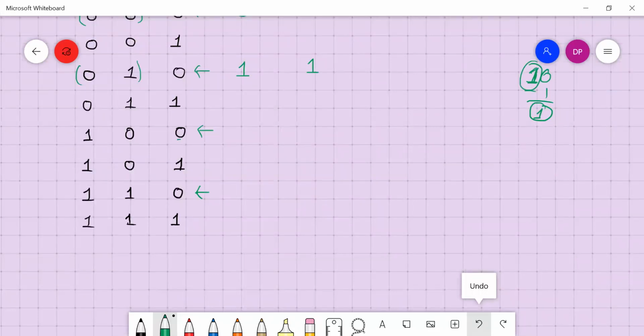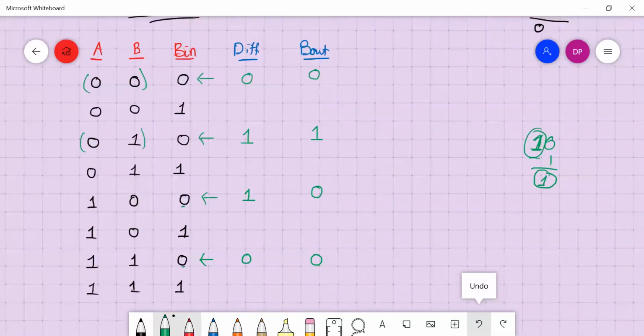Okay, so it's 0 here. Okay, so 1 minus 0, the difference is 1. And we need not borrow anything. And it is not producing any borrow, right? So this is 0 over here. Okay, so 1 minus 1 as it is. 1 minus 1 is 0. Is it producing any or seeking any borrow? No, so it will be 0 only, right? 1 minus 1, 0. No borrow required, 0. Okay, right? Now,